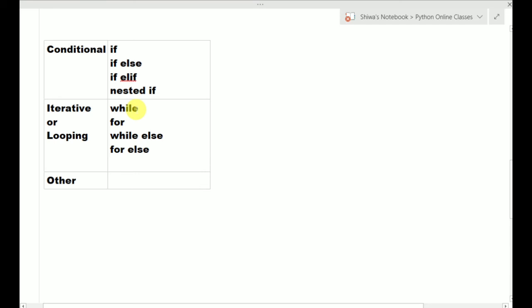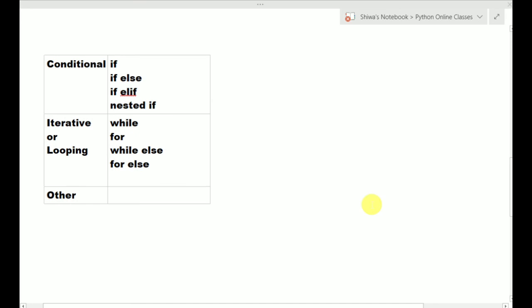Python is not providing a do while control structure, whereas C and Java provide a do while control structure. So Python is providing only these four looping control structures. So it provides some other control structures. What are those other control structures?